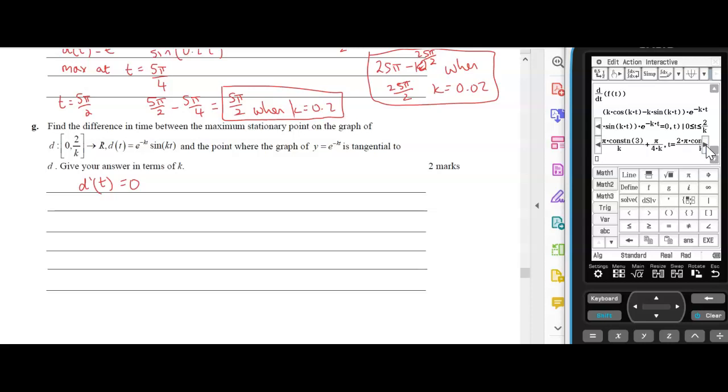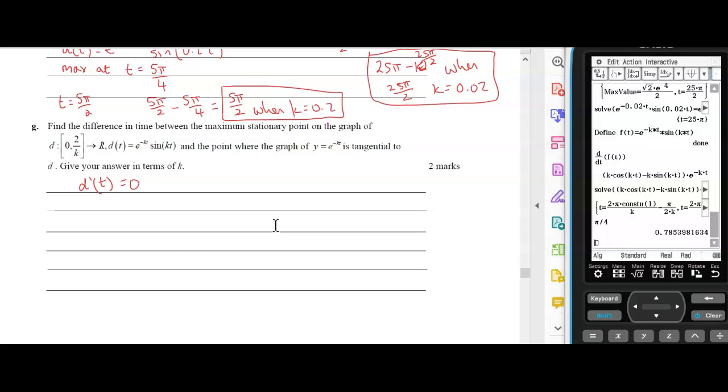And the next one, we're going to have pi on 4k. And then we've got 5 pi on 4k. So from our solutions, I restricted the domain. All right, I might actually write down that first one, so negative pi on 2k. All right, so sorry, I'm really struggling to answer this the best way possible,